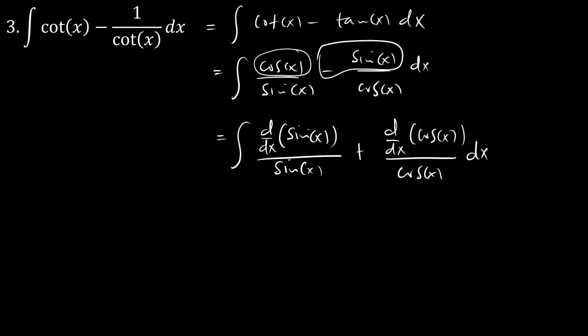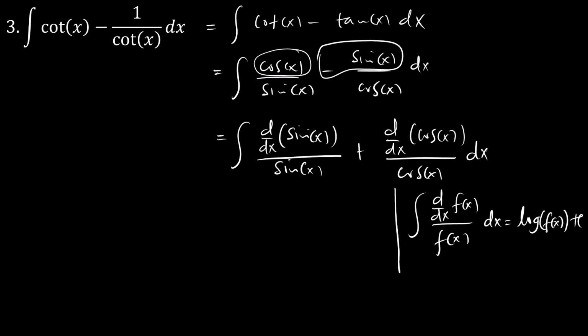And we just have a sidebar here. If you have an integral of a derivative of a function f of x over the same function f of x, we get this to be the natural logarithm of f of x plus the integration constant c. So using these,